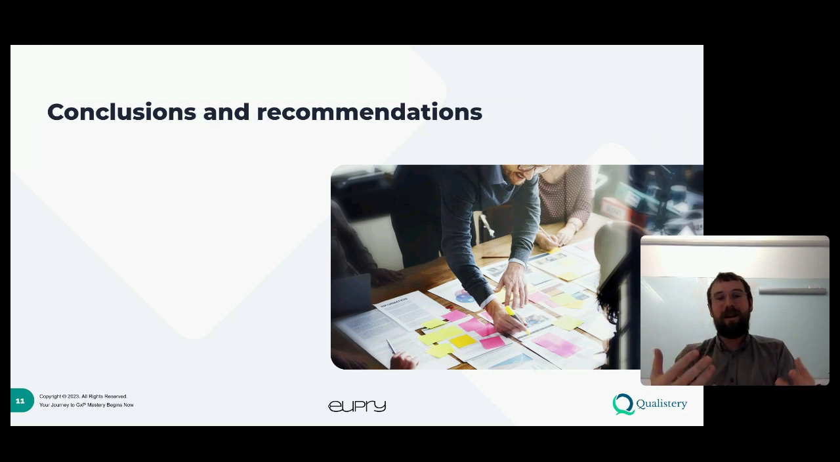So another large part of this is, of course, also conclusions and recommendations. And this is something that I feel strongly for. I think there's a lot of value to be gained in writing good conclusions and recommendations. And I think there's also another point that's really important to take from this, that when we as quality